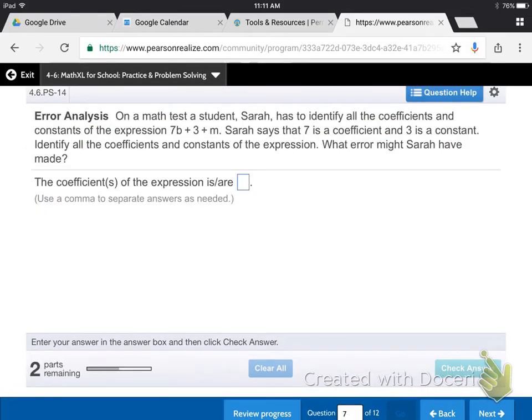What, another word problem? All right, we got this. It says, on a math test, a student, Sarah, has to identify all the coefficients and constants of the expression 7b plus 3 plus m. Sarah says that 7 is a coefficient and 3 is a constant. So we have to identify all the coefficients and constants of the expression and then answer what error might Sarah